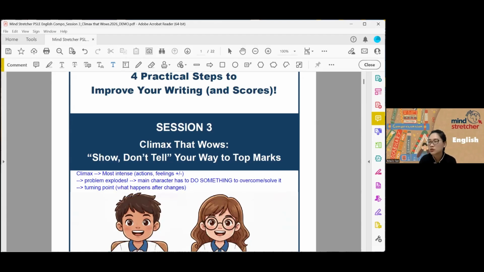He has no choice but to change. And right after that, he would have transformed. Okay, the degree of transformation depends on the type of story and character you have, but there's usually a change. Your character cannot remain the same person, or the situation cannot remain the same throughout, or else you don't really have the narrative arc, right? So the climax is the turning point. After this, people could change, the situation could change for the better or worse, depending on what kind of story you're writing. Okay, is it the plot twist?